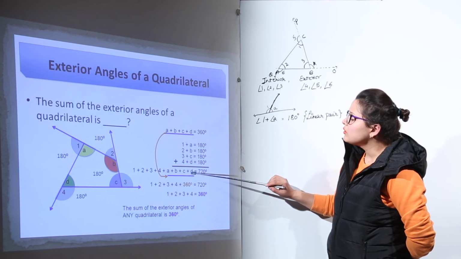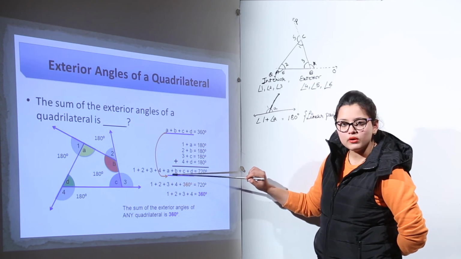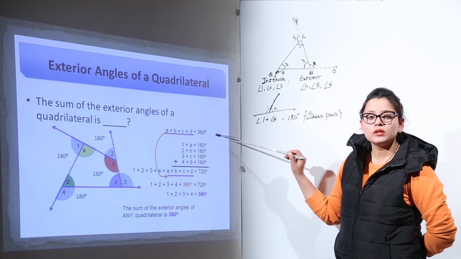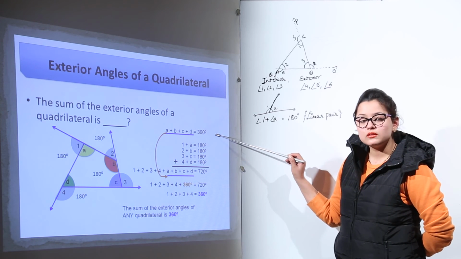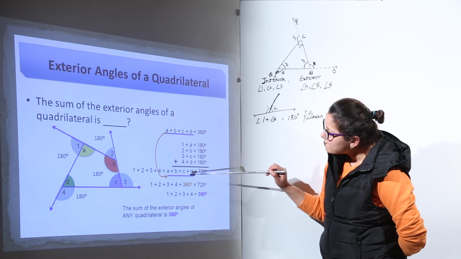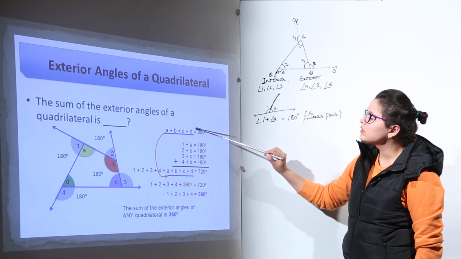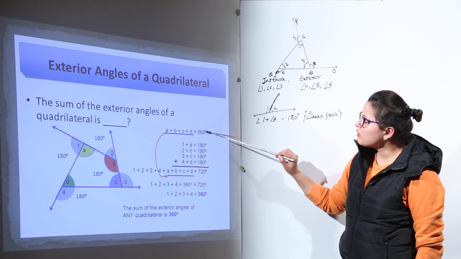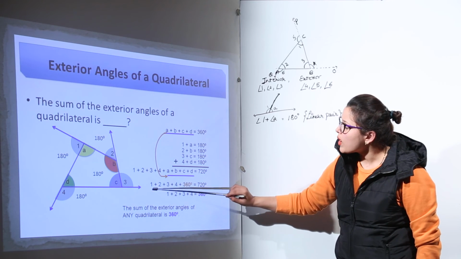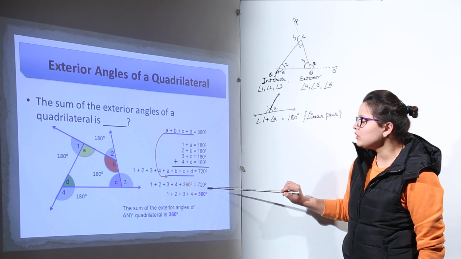Clear? Now let us check this value, A plus B plus C plus D. We have already done this earlier, that this is going to be equal to 360. Reason being that the sum of all the angles of a quadrilateral is 360 degrees. Now you can put this in the place of A plus B plus C plus D, because this is my value for this term, right? Now I have taken 360 from here and I am putting it over here. So what am I left with? 1 plus 2 plus 3 plus 4 plus 360 equal to 720 degrees.